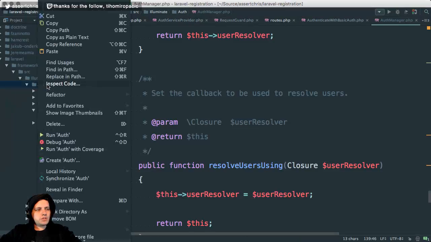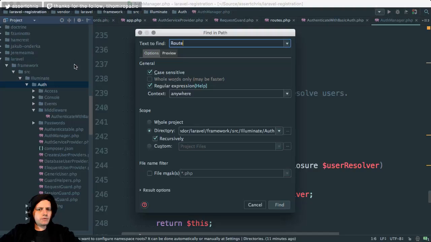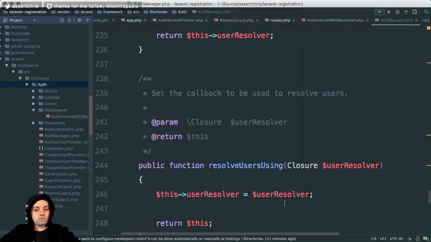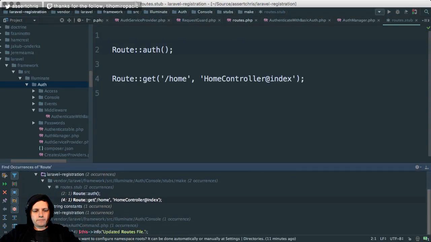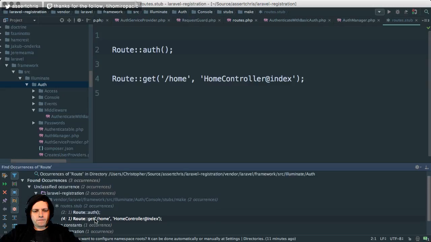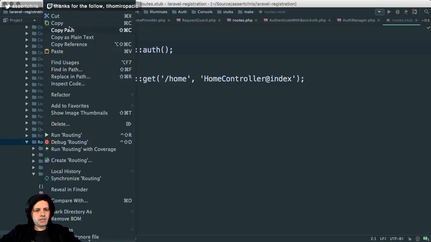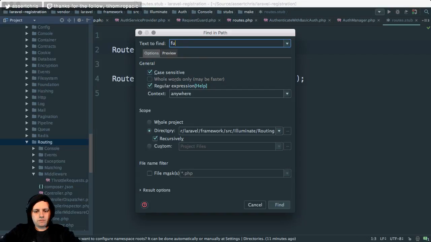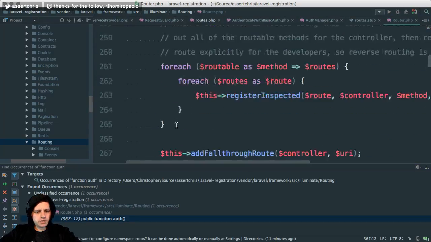I've got an idea. I'll search in path. Find in path route. Let's see, do we find it there? Okay, that's the stub. So I don't see any mentions of it here. I wonder if it's part of the routing then. Is it built into here? Function auth. Really? It's built into here. What class is this? This is